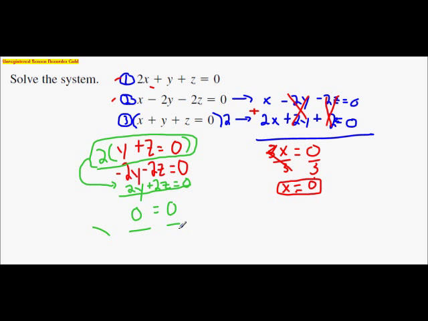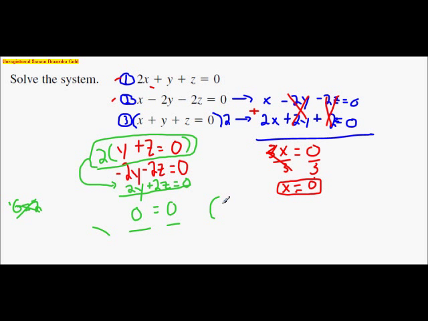Again, let me just restate this. The reason this is many solutions and not no solutions: when we had no solutions, we had something like 0 is equal to 2, and we said that's not true, so there was no solution. But when you have an equality that is true, when you have 0 is equal to 0, 1 is equal to 1, negative 3 is equal to negative 3, negative pi is equal to negative pi, or whatever, then you have many solutions. Okay, and so then we got to learn how to write the actual answer to the problem. And so, the way you write an answer is for a system of three equations,